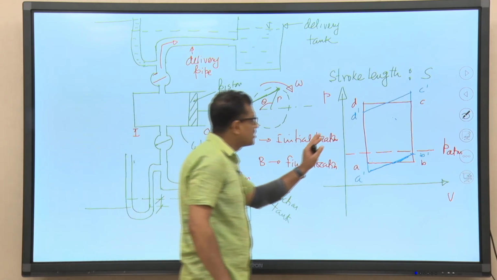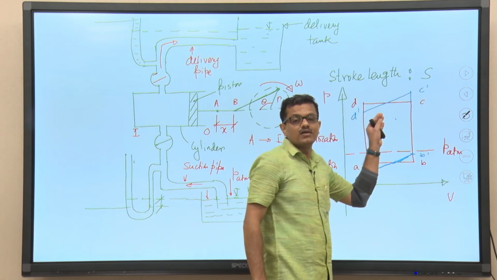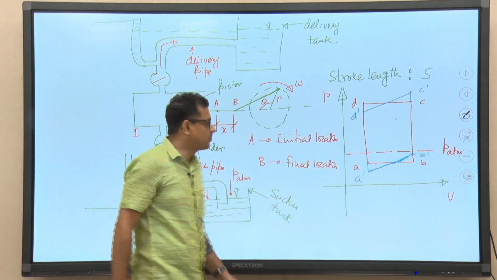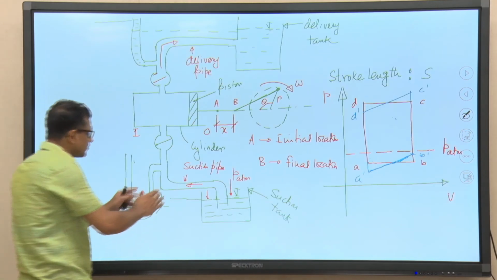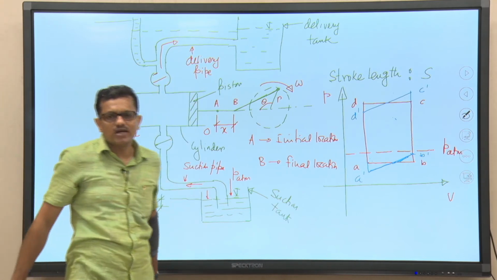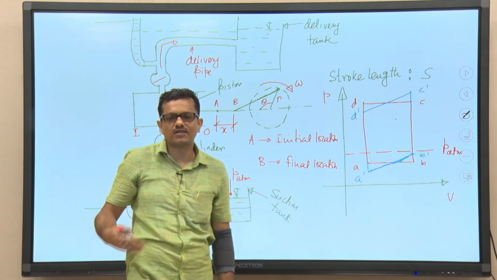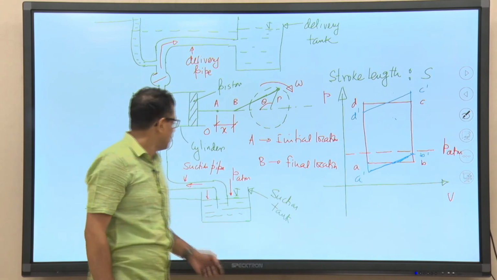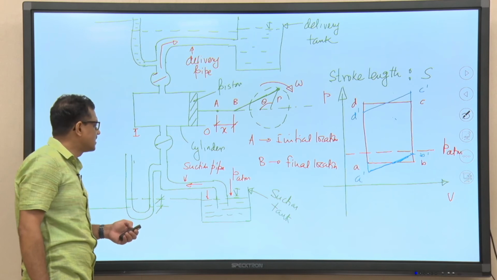This is not the final diagram; we have modified it taking the effect due to inertia. Now, we also need to consider the effect of fluid friction. You have studied that when liquid is flowing through the suction pipeline and also the delivery pipeline, should we not take into account the frictional losses? Definitely we must take into account all the frictional losses in the suction pipeline as well as in the delivery pipeline.